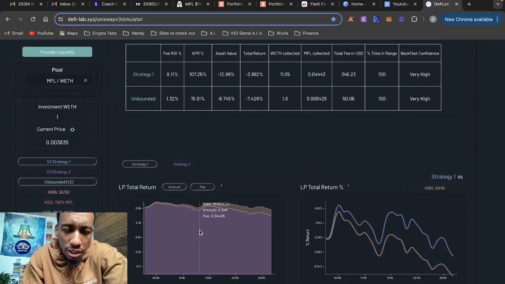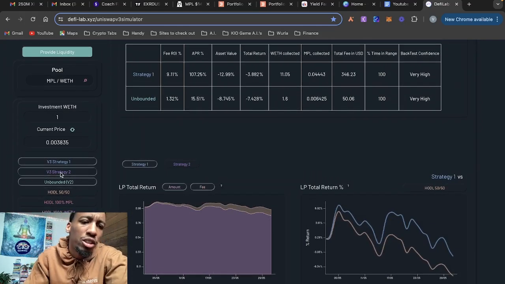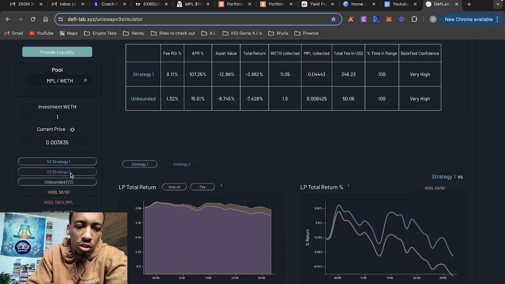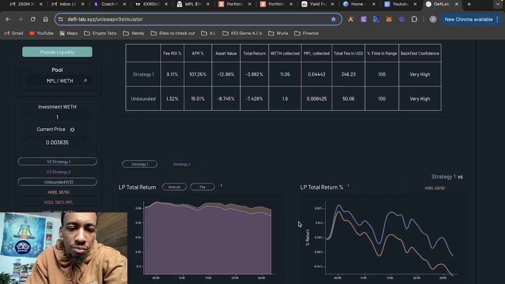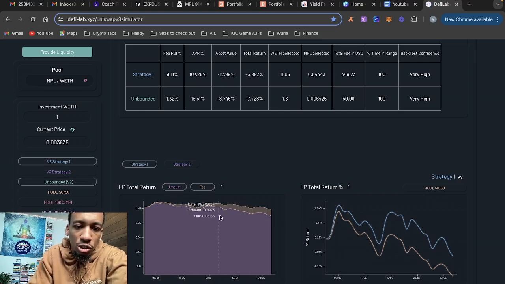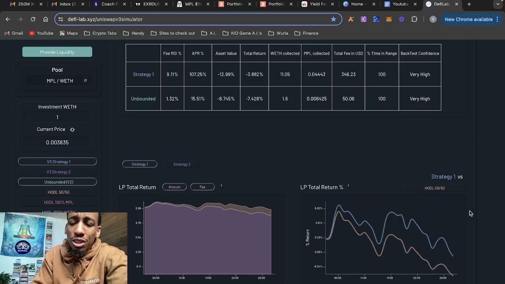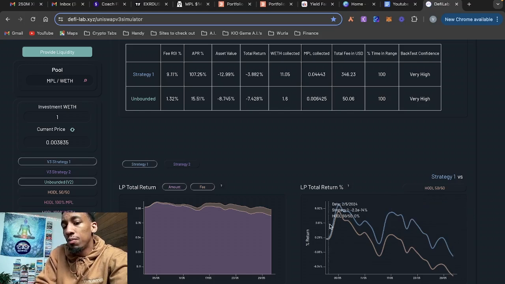And then down here, cool thing about this, you can do strategy two. So it's like, okay, what if I want to compare it to if I would have done a tighter range, and you can do your tighter range in V2 using strategy 2, and it'll show you. But for this one's sake, it shows you returns, your fees, and then this is an important thing right here. It shows your performance that you would have had if you would have just hodled Maple on its own and ETH on its own. And you can see that I outperformed the hodling in this liquidity pool with this range.